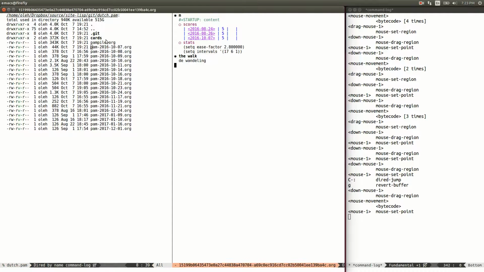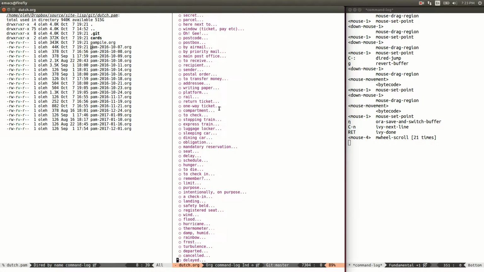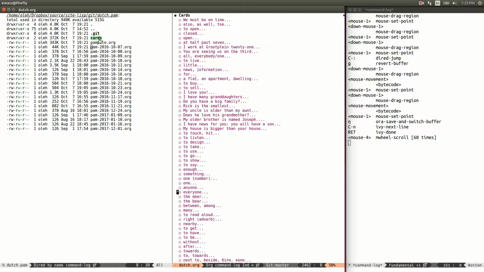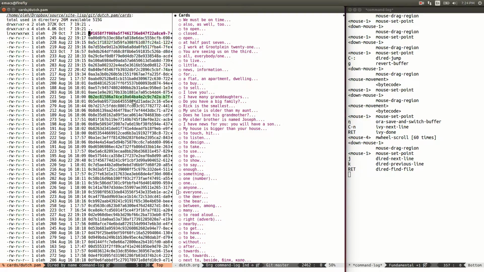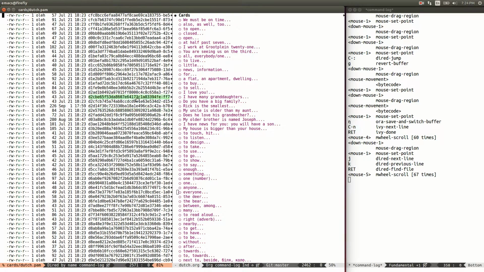So when I did pam sync from my master file, from Dutch.org, it looked only for the card tags, and it took all the headings from there, and it synchronized them into pampile, into cards. Okay, here's all the 3000 files in this directory, so it's a bit slow even on DRIT just to display them. I don't know, it seemed like a good idea at the time to put each card into its own file, because then,